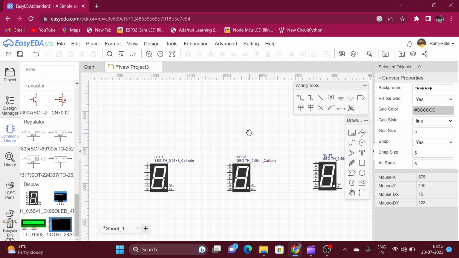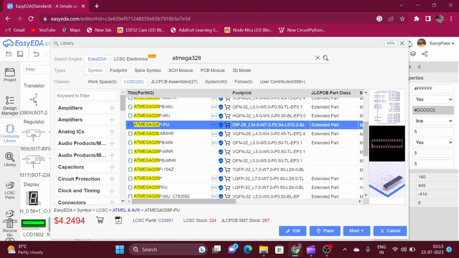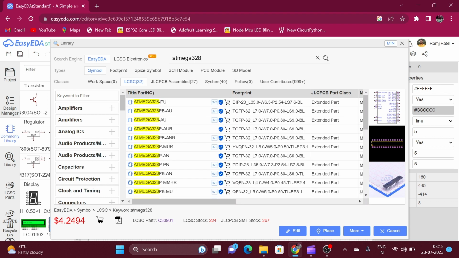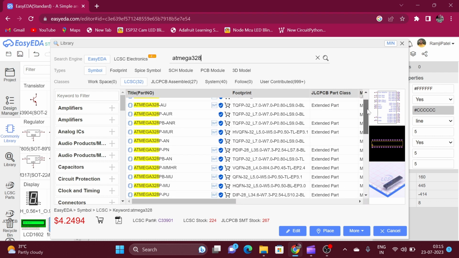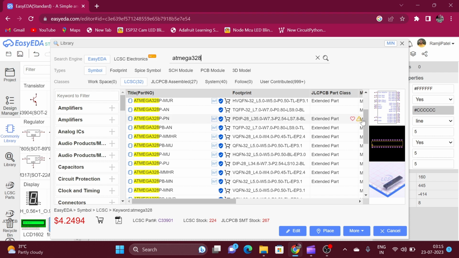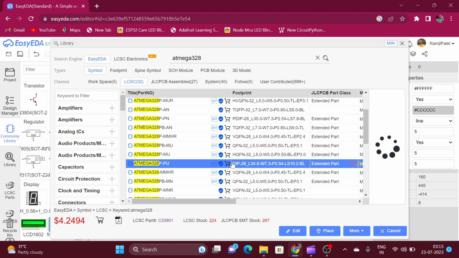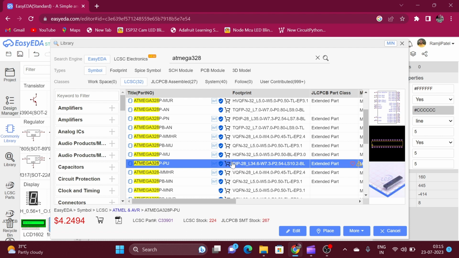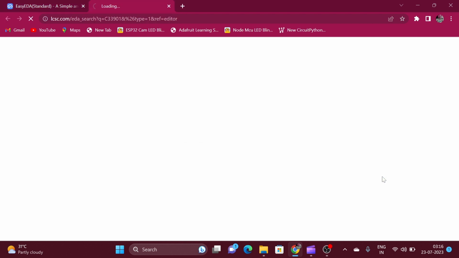Now I am also using an Atmega 328 microcontroller. So just type Atmega 328 and press enter. Now I want to use the DIP package. So here is the DIP package of the Atmega 328. Here you can also see the symbol and pad. Here is also the physical look of the component. So click on it